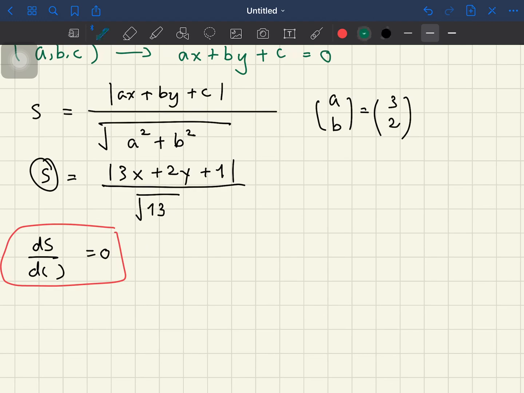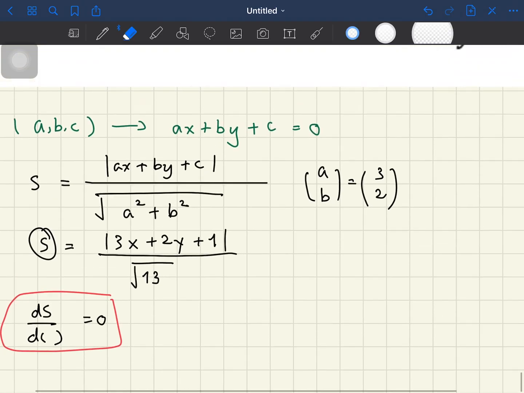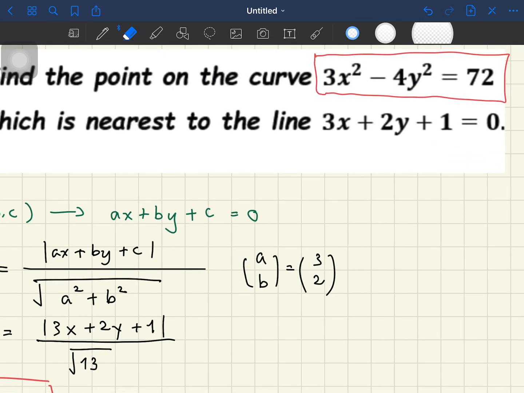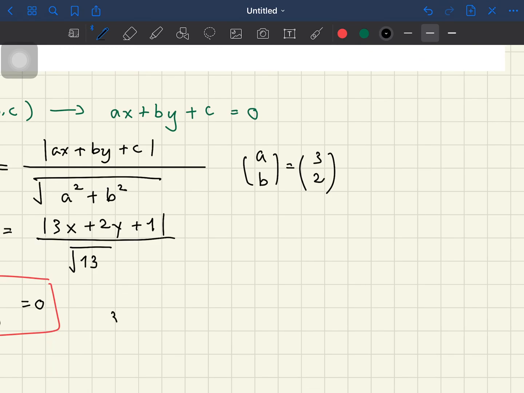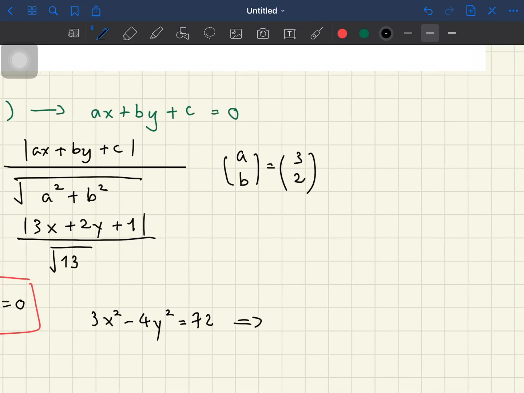So we can substitute y in terms of x, or x in terms of y. In this case, I want to substitute y in terms of x. You can see from the curve equation, 3x squared minus 4y squared equals 72, that you will get an expression of y in terms of x,